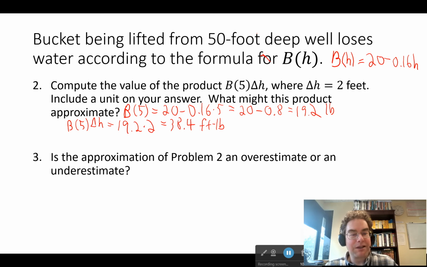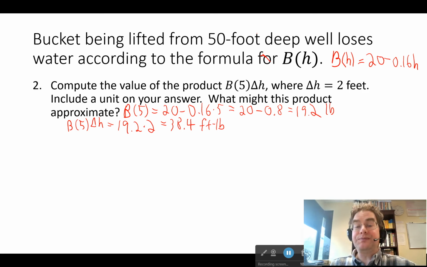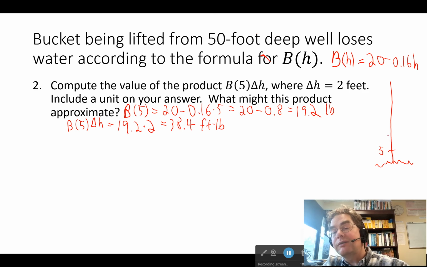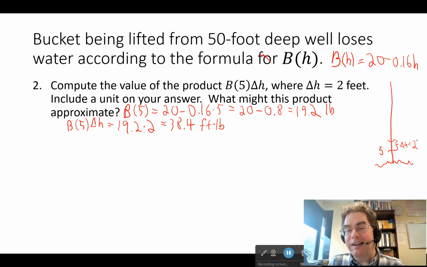Let's see how much space I left myself here. Oh, we got plenty. There are different interpretations that you could give to what this represents. Let me give one. Let's suppose that we're lifting our bucket. Here's the bottom of the well where the water is, and so far we have lifted it to a height of 5. And then we're wondering what happens when we lift it 2 more feet. So this would be our delta h, which is 2. When the bucket is at a height of 5 feet, how much work does it take to lift